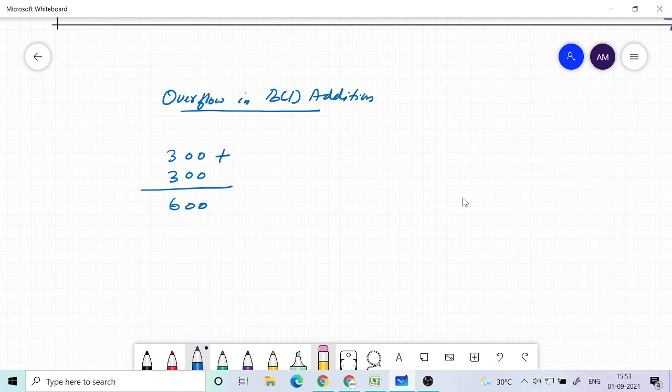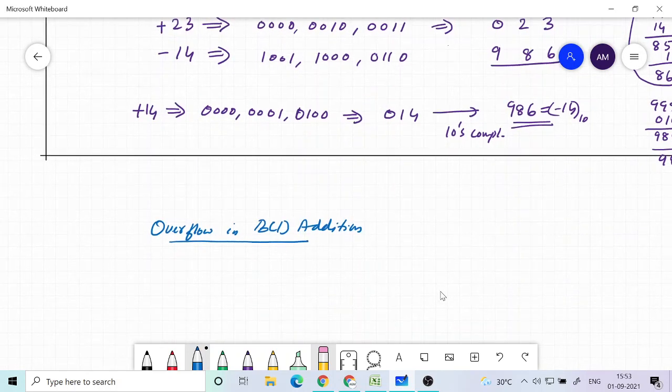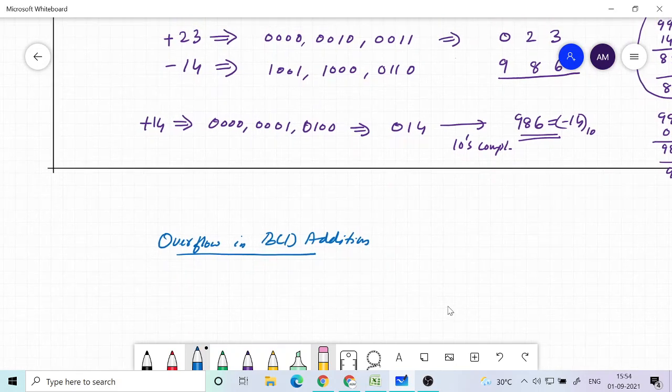So I have to think about the proper example. Like 2-digit numbers like earlier. The maximum positive number is 99, plus 99.